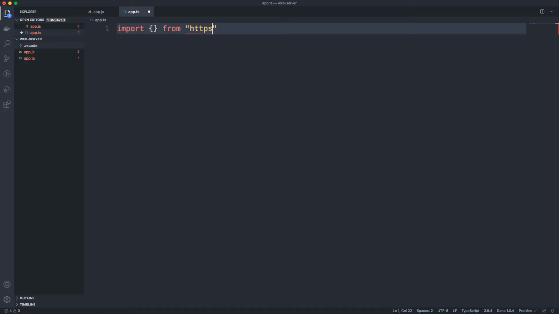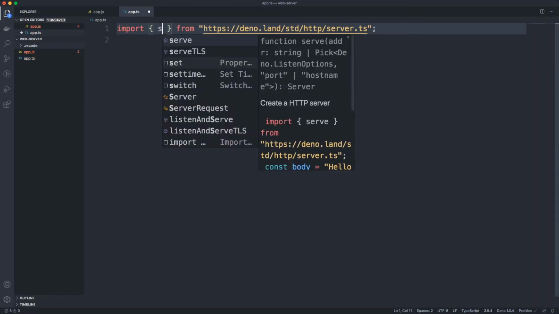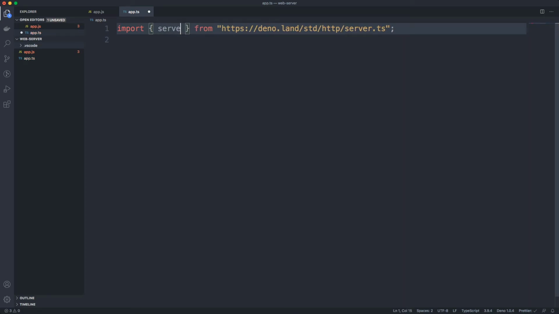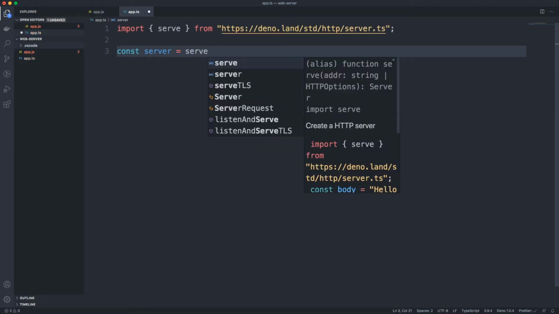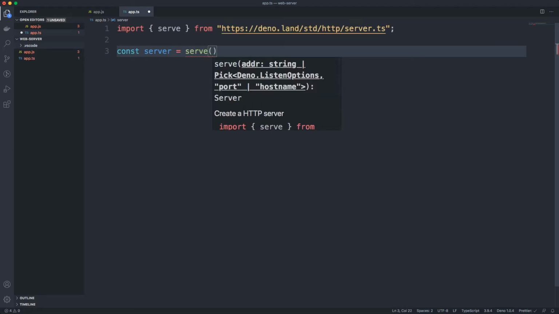It is https://deno.land/std/http/server.ts, and from that we're going to import the serve, not server, just serve. And what you're going to see is we're going to use the serve to basically create a server that listens on port 3000. So we're going to create a server that is equal to serve, and this takes an object